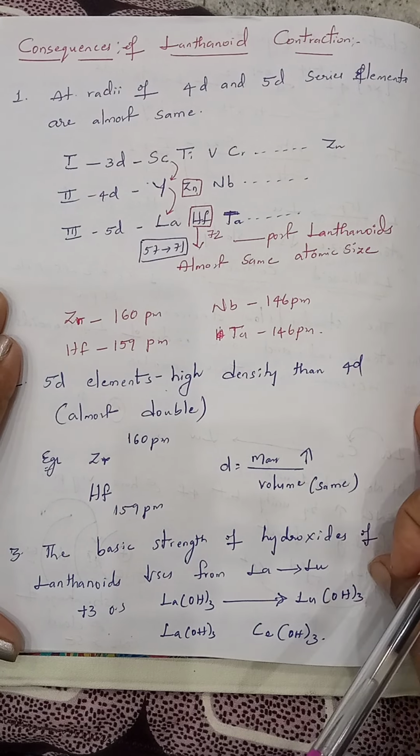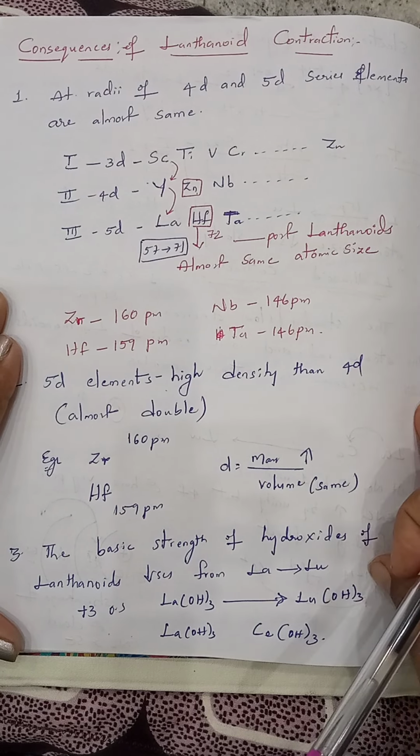Here you can observe one thing, that lanthanum can be taken as an f block element, that is under lanthanides, or it may also be present in the 5d series. It depends upon the last electron present in the d orbital or f orbital. Due to the very small energy gap between d and f orbitals, one electron keeps on jumping from the f orbital to the d orbital and back, so we can study lanthanum in both series. Understand? Now this lanthanum belongs to the 5d series, the third series of d block elements, and next hafnium, tantalum and so on. All these elements belong to 5d.